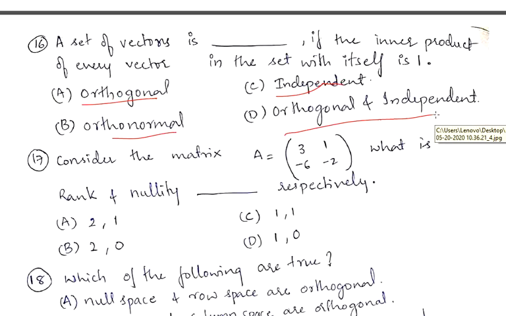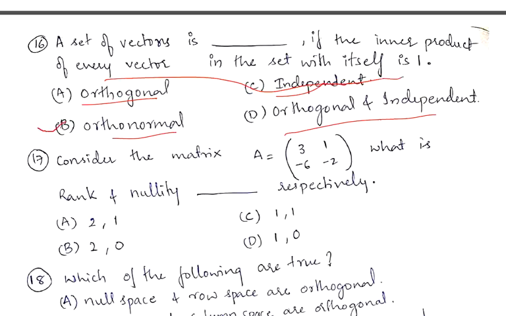if the set is orthogonal and the inner product of each vector in the set with itself is 1. See, what he is talking about is, orthonormal means both the sets are orthogonal. Okay, they satisfy orthogonal also, but there is one more condition: when we find the inner product of each component with itself, that will be 1. So basically the shorter way of saying orthonormal is that it is orthogonal and every vector in the set is a unit vector. So the answer is: every vector in the set with itself is 1.